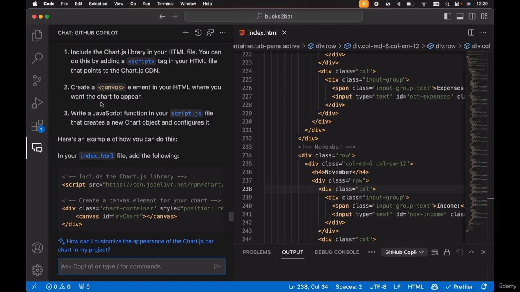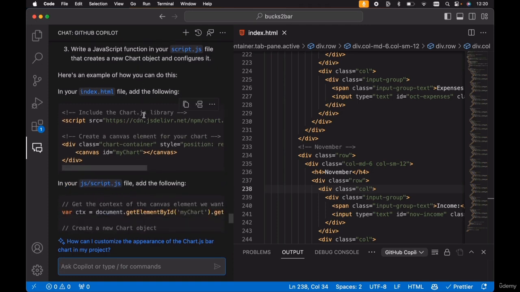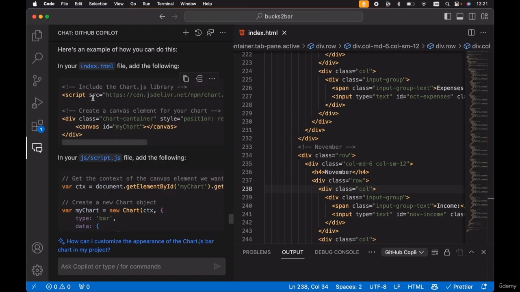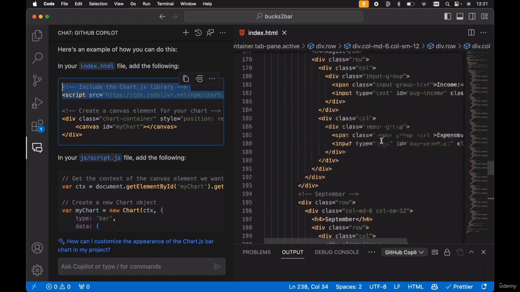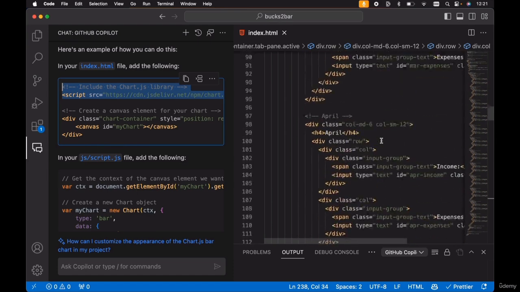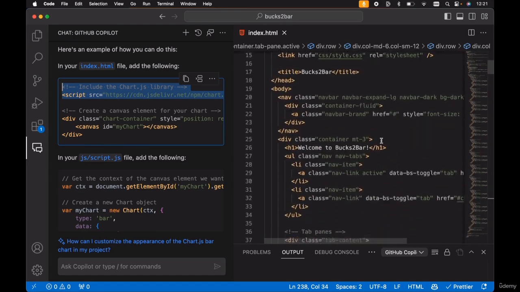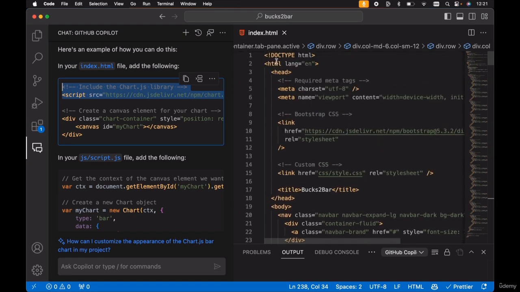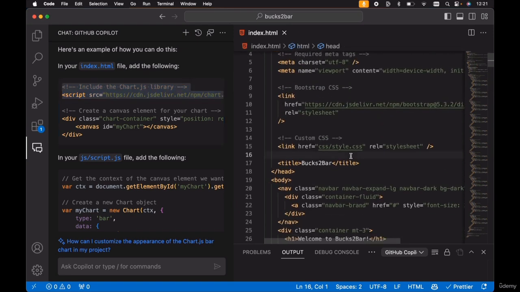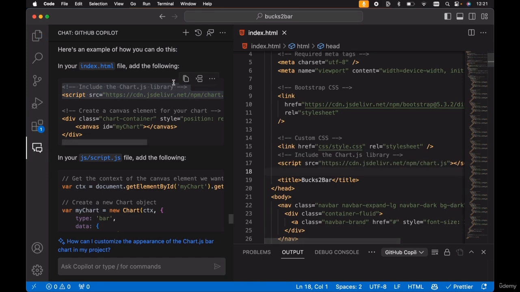So it's giving us the steps here. However, it's also giving us an example. So it's saying, in your index.html file, add the following. So let's add these two tags in here, the chart.js library. I'm going to include this right to the top in our head tag. So if we scroll up in the top of index.html, all the way to the top, within the head tag, I'm going to paste this script in here, and our canvas element, so this div tag here, I'm going to add,